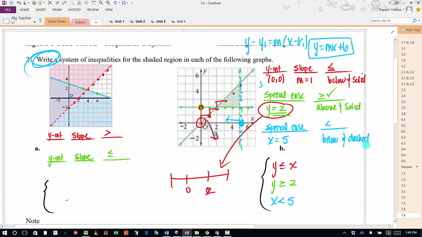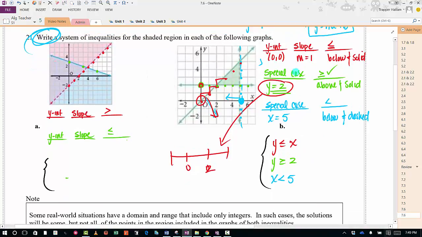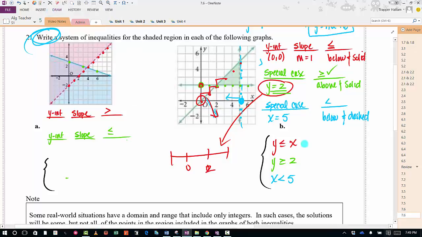So let's write that into a function, or a system, shall I say. So if we look at the first one, my y-intercept is 0. I'll change to red so you can see that, right? Because we don't ever write 0, so plus 0, I'll put it on here. Well, it didn't change to red, but you get the idea. My slope is 1, so y is less than or equal to x plus 0,